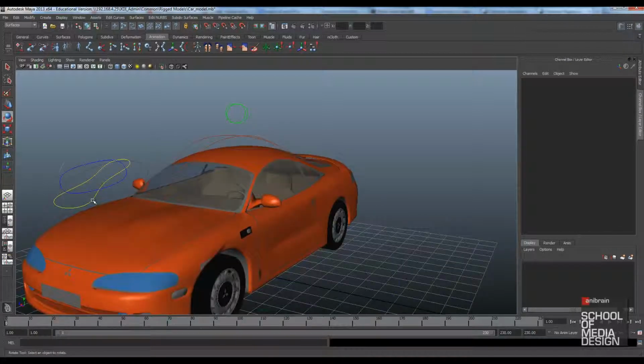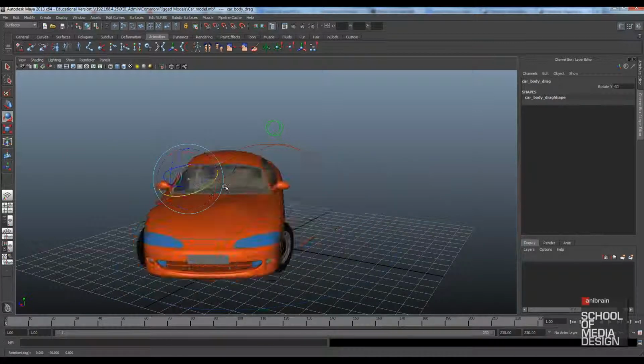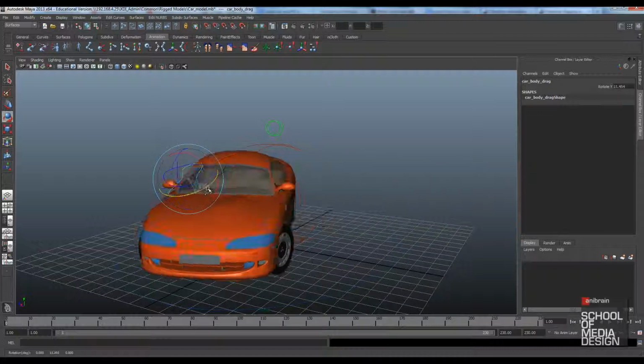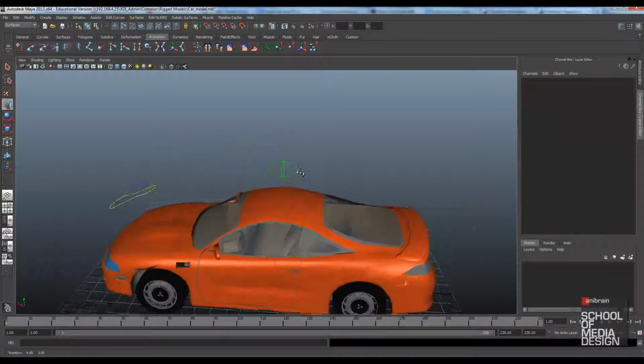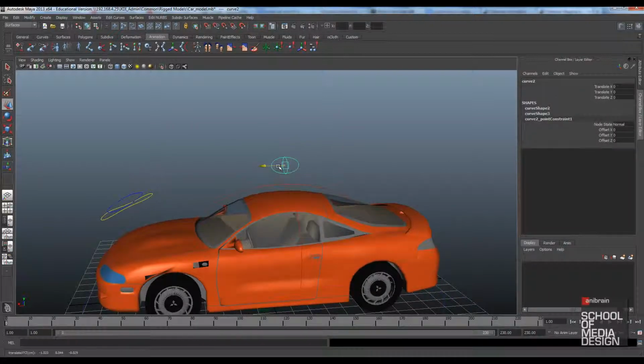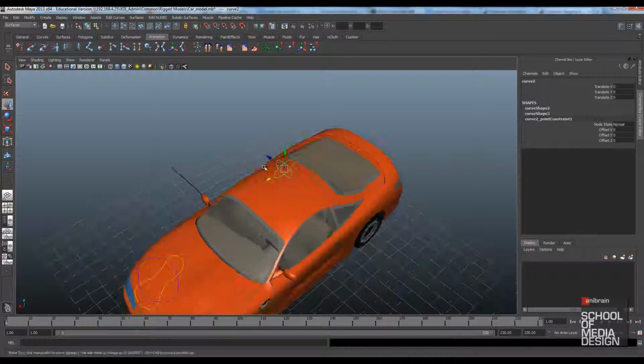Same thing, there is another controller here. After rotating this controller, you can see that both the wheels and the car are also rotating. Now let's see this controller. Here we select this controller and move forward and backward. You can see that the front and the rear suspension of the car can be controlled individually by using this controller.